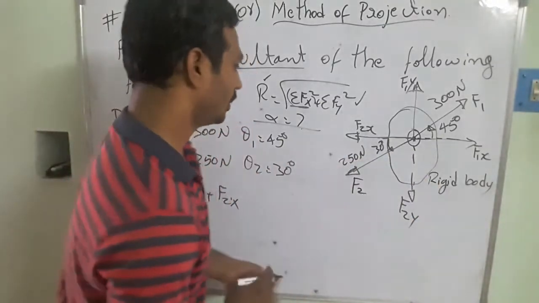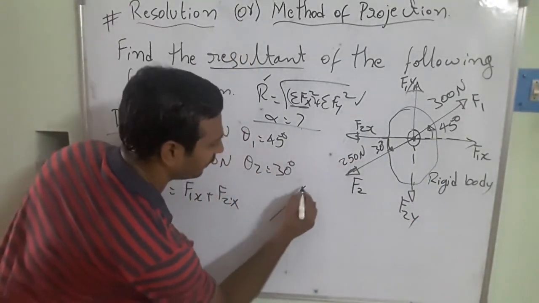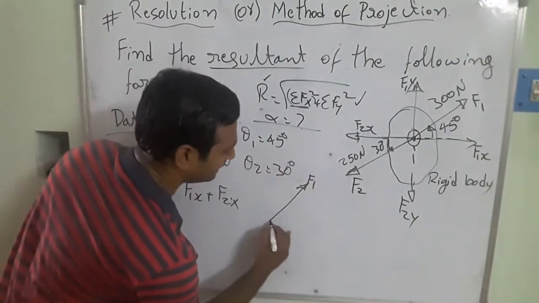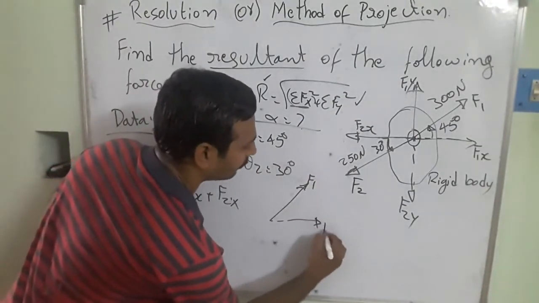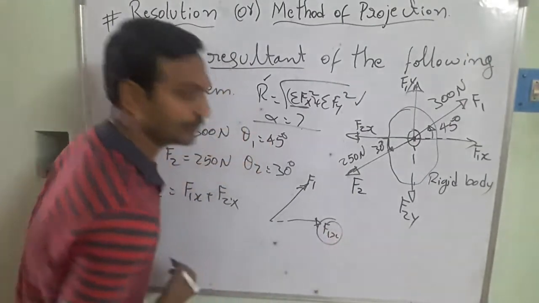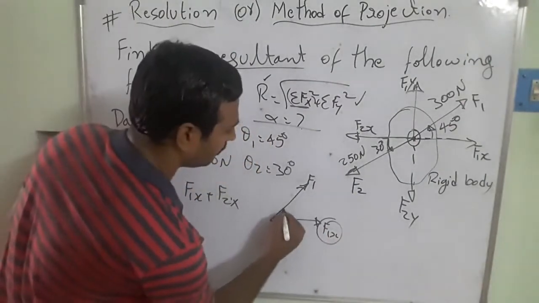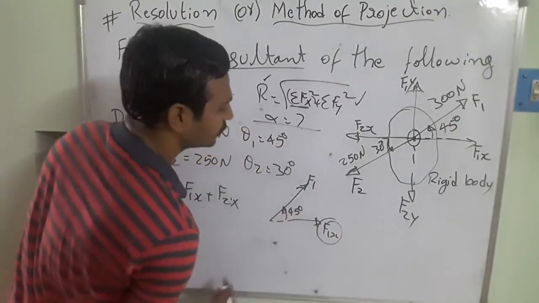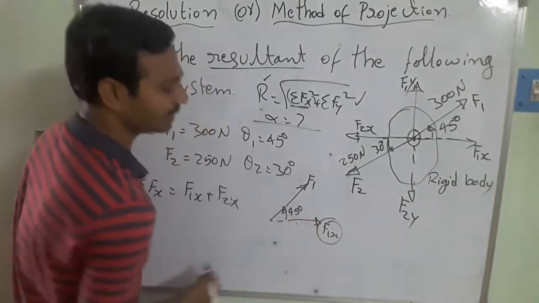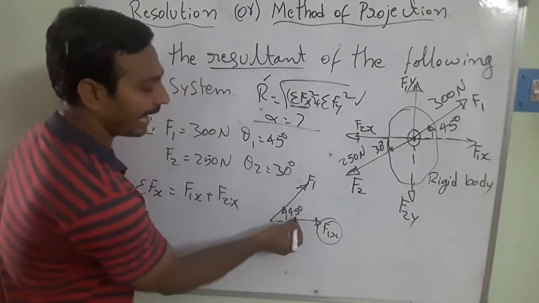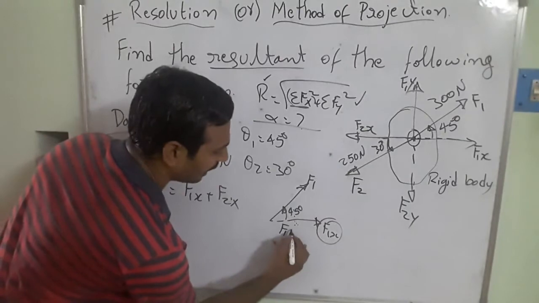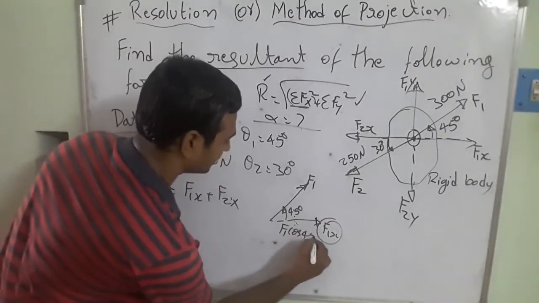In this case, suppose you are going to be taking this 300 newtons as the f1, and similarly this is going to be your f1x, suppose we need this magnitude, right? So then it is going to be making 45 degrees. So then how could you find out this part? Because this is adjacent to the angle. So then I am going to be writing f1 cos 45 degrees.